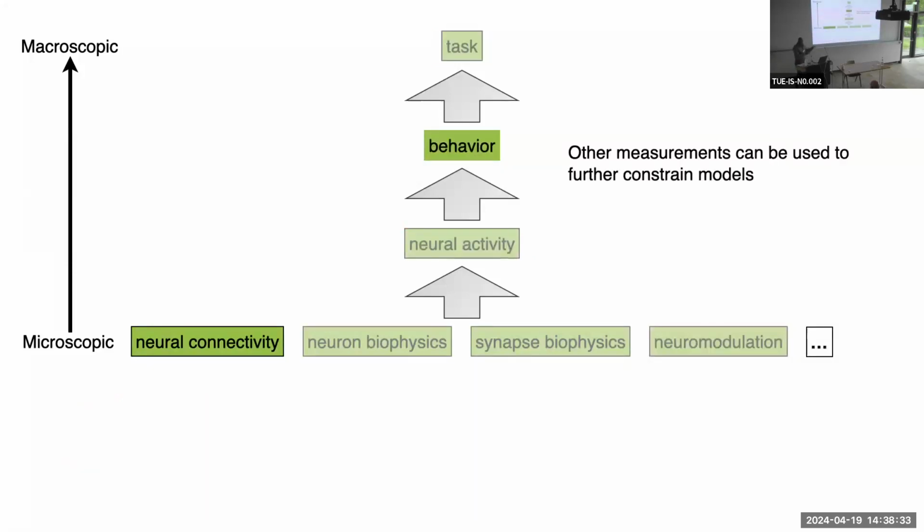But the good news is we have many other measurements that we can make from the brain. We can measure neural activity, not everywhere all the time, but we have very good techniques for measuring neural activity some of the time. We've been able to measure behavior for a long time, so that's very useful information. And in certain situations, you may know what the goal of the fly might have been, especially if you've designed an experiment for this. So these other measurements could be used to constrain a model of how the neural network in the brain